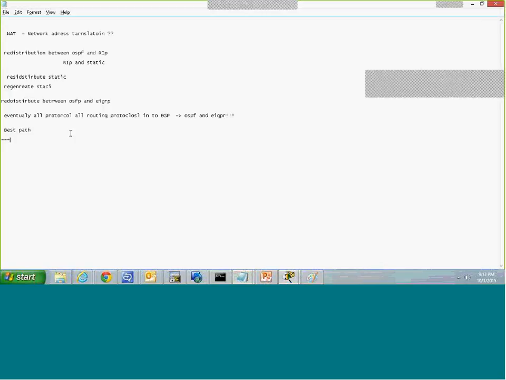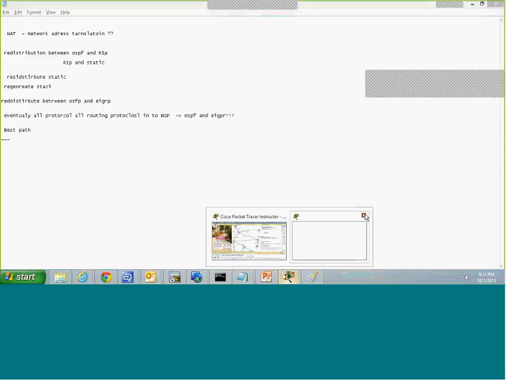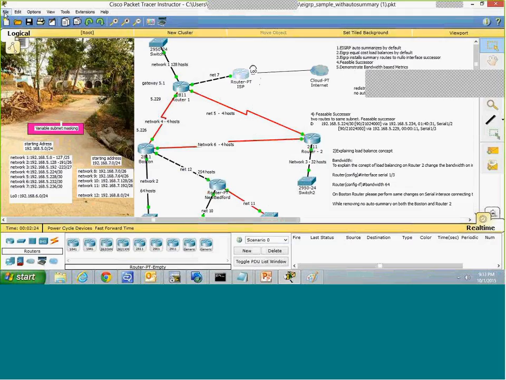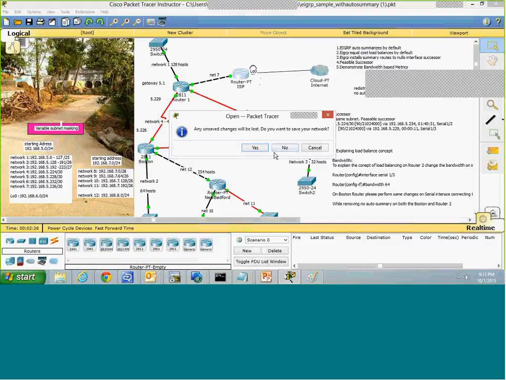So you understood, right? How it is redistributing? So many private addresses are used to put into a few public addresses. Okay? So let us start network address translation again. Let us move back here. Remember, we have